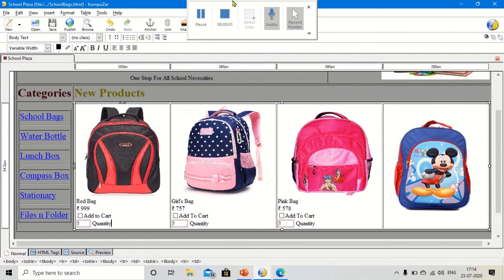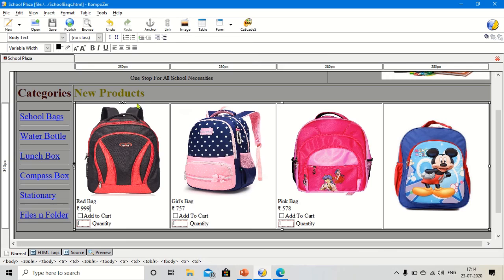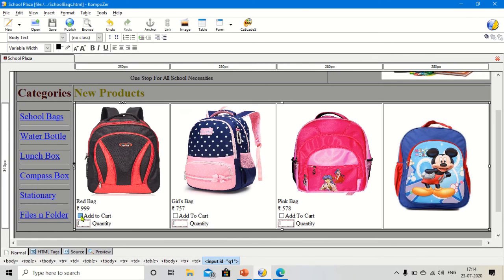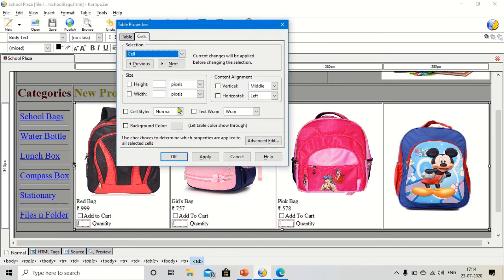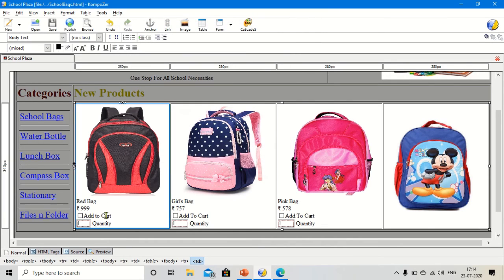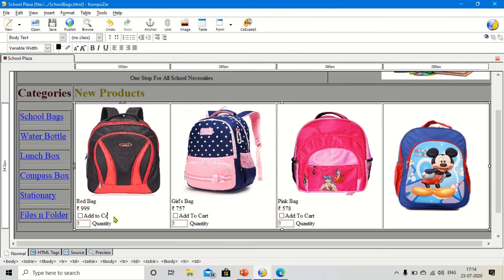Okay, so now we will understand how to insert the details of these bags or the items which we are inserting to every page. So here just write down the name of the bag. Here I have written red bag, and price you can decide. And here we have to insert the check boxes. How will we insert? Let me show you. I will show you one, then you will understand. I'm going to delete this, then I am going to show you.